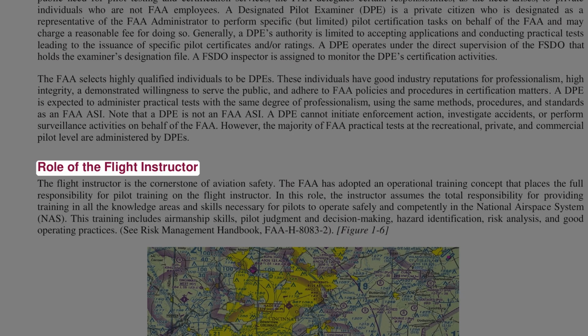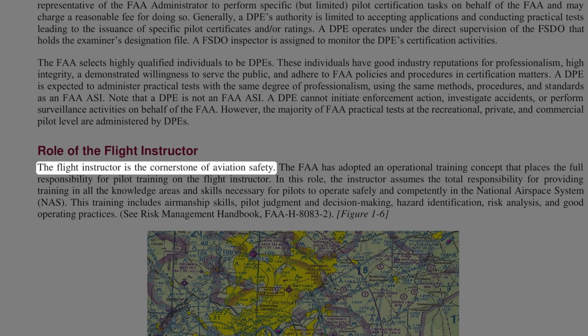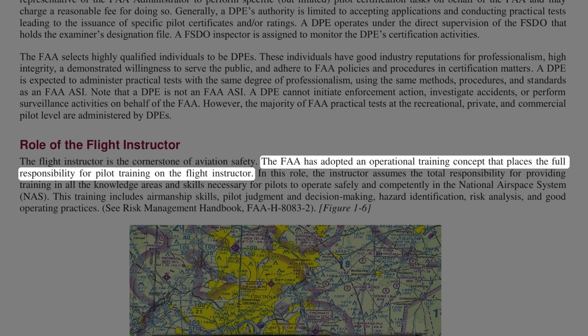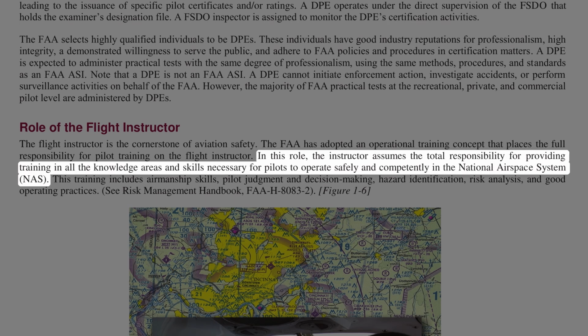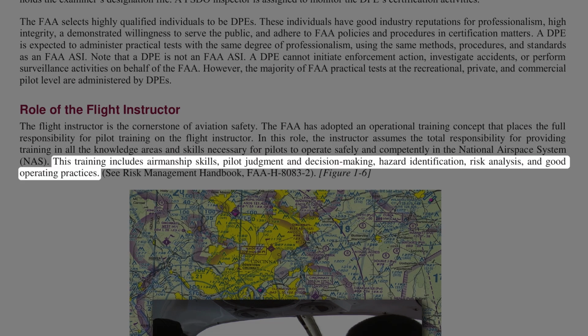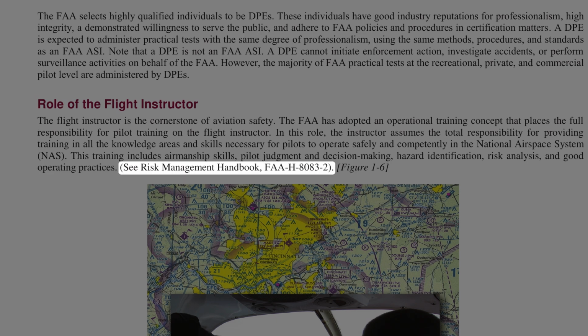Role of the flight instructor. The flight instructor is the cornerstone of aviation safety. The FAA has adopted an operational training concept that places the full responsibility for pilot training on the flight instructor. In this role, the instructor assumes the total responsibility for providing training in all the knowledge areas and skills necessary for pilots to operate safely and competently in the National Airspace System (NAS). This training includes airmanship skills, pilot judgment and decision-making, hazard identification, risk analysis, and good operating practices. See Risk Management Handbook,